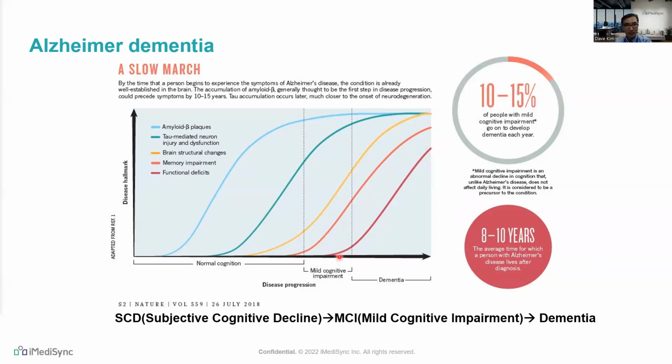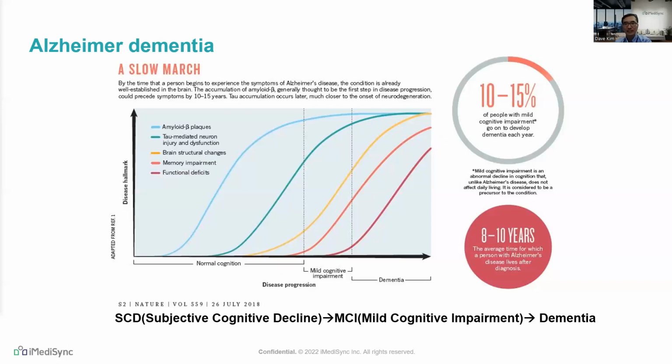It takes over 10 to 20 years in extreme cases. Due to this slow march, 10 to 15% of people with mild cognitive impairment go on to develop dementia